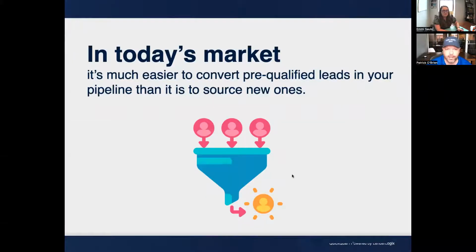The reasoning behind that is, in today's market, what we see happening with the shrinking pool of buyers that are available to us is it's becoming much easier to thrive and survive as a loan officer by converting the borrowers that you already know, the prospects that you've already pre-qualified, into borrowers, than it is to find new prospects out there. It's just a reality in the marketplace right now with where rates are and home prices sit. It's much easier to convert somebody who we've already talked to into an applicant than it is to go find